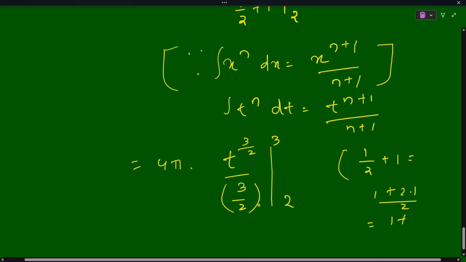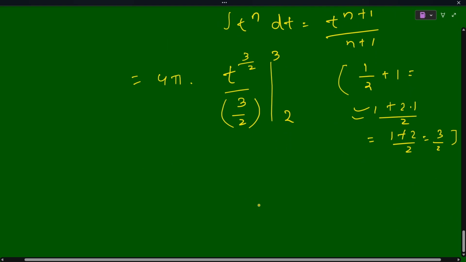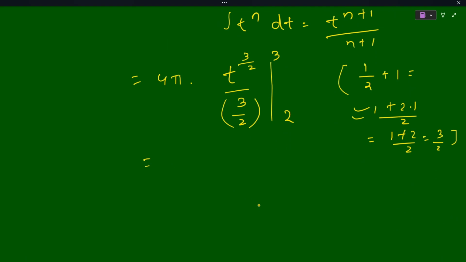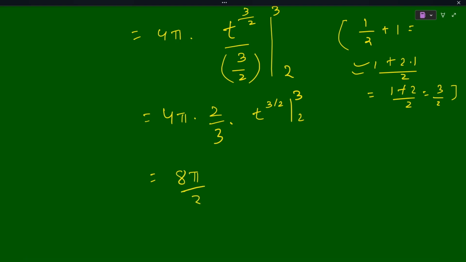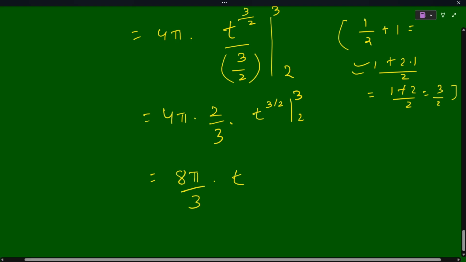It will be t to the power half plus 1, which is 3 by 2, divided by 3 by 2, and the limits are from 2 to 3. So how did I get this 3 by 2? We are just rationalizing the value half plus 1. So to rationalize, it would be 1 plus 2 into 1 by 2, that is 3 by 2. So now this one, it is 4 pi into